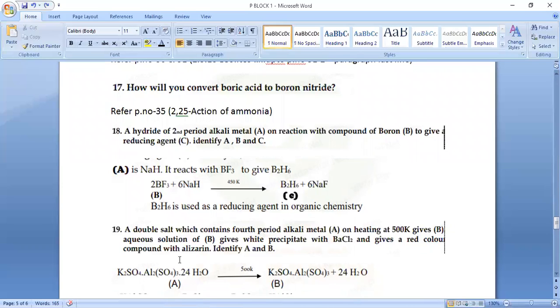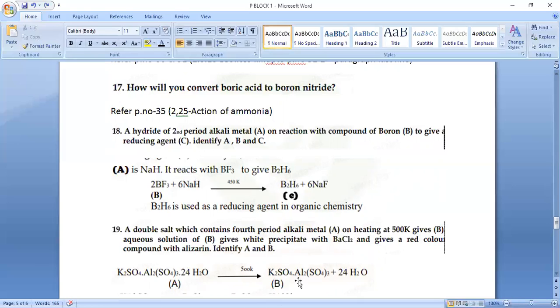And then, what is given in the question? Compound B gives a white precipitate with barium chloride. In compound B, the potassium ion, aluminum ion and sulfate ion are all separate ions. When we react with barium chloride, the sulfate ion present in the burnt alum reacts with the barium chloride and forms barium sulfate. The color of barium sulfate is white, so we get the white precipitate. Precipitate means that the product is settled down.